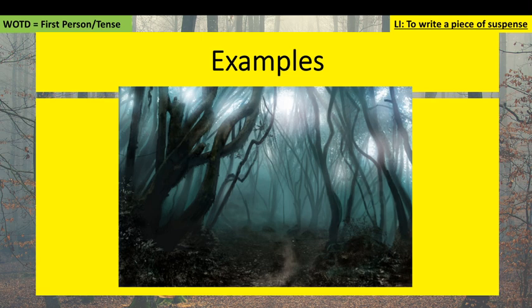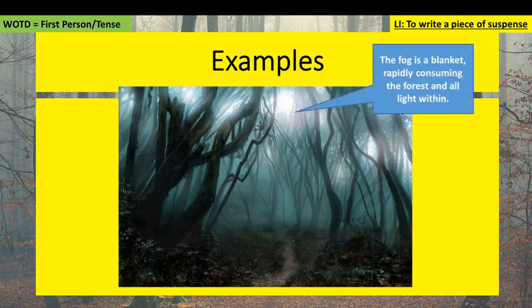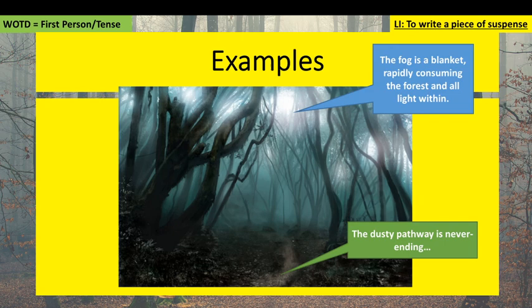describe this scene. So my first one is the fog is a blanket, rapidly consuming the forest and all light within. So that is a type of metaphor, because I'm saying that the fog is something else. The next one is the dusty pathway is never ending. So I've used hyperbole there, which is over exaggerating, because the path obviously does end at some point, but I've said it's never ending to make it sound like it goes on forever and ever and ever, which is a